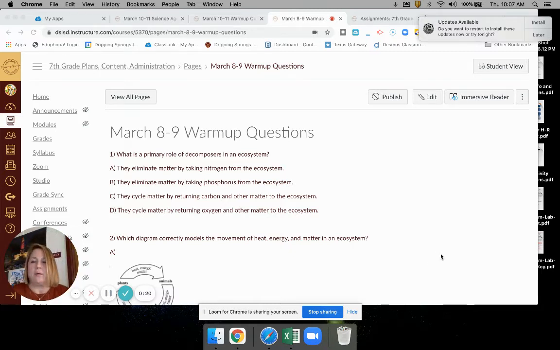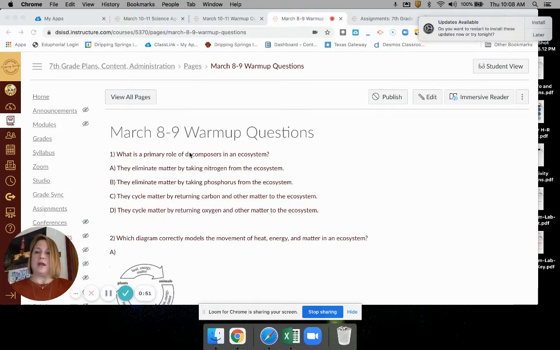Number one, what is a primary role of decomposers in an ecosystem? So the key word here is decomposers. Ask yourself, what does a decomposer do? We learned in class that decomposers decompose or break down organic matter, that's dead stuff, and return those nutrients to the soil. So they help recycle matter by returning nutrients to the soil, where it's then taken up by other